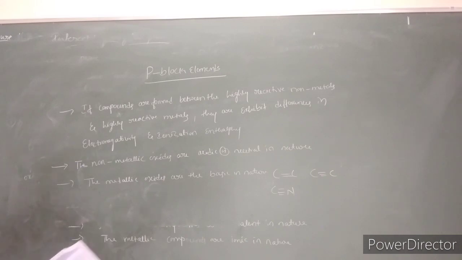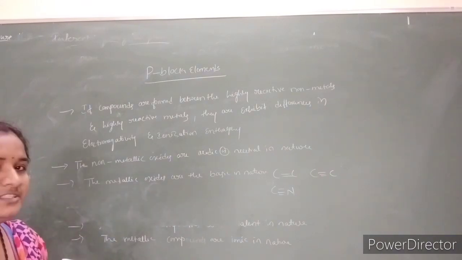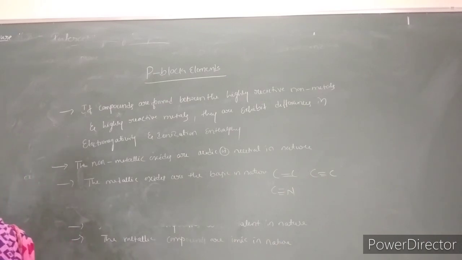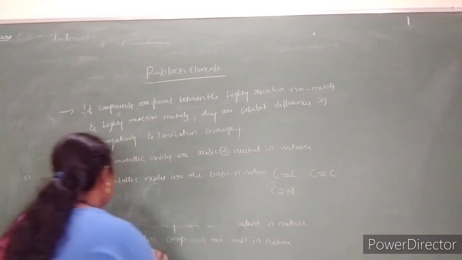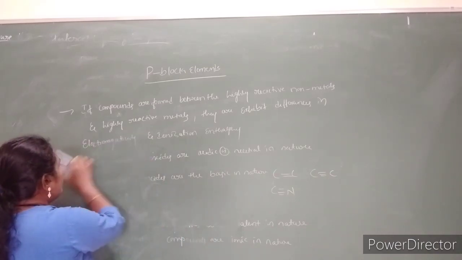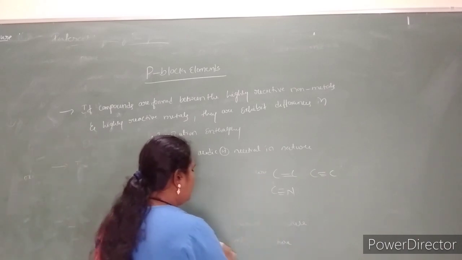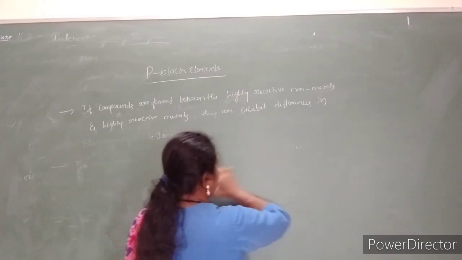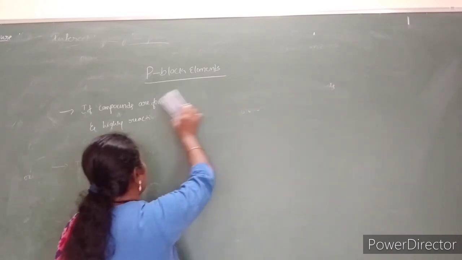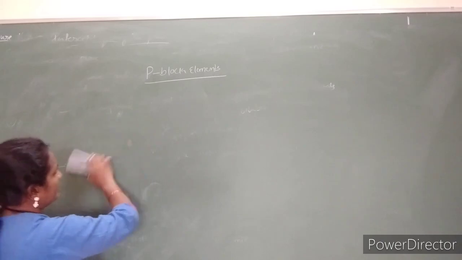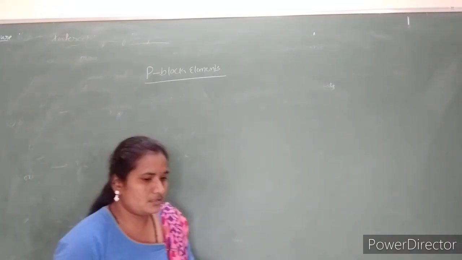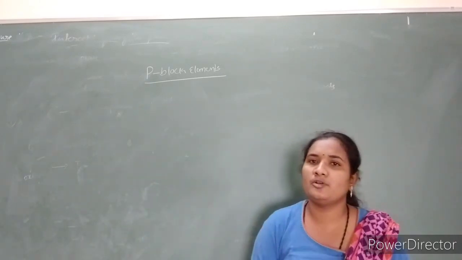The coordination number in these heavier elements is different, meaning they show a higher or increased coordination number. So in this way, due to the presence of d orbitals as well as f orbitals, they are able to form pi bonds in particular compounds, and they also exhibit different coordination numbers. So this is about the properties of p block elements.